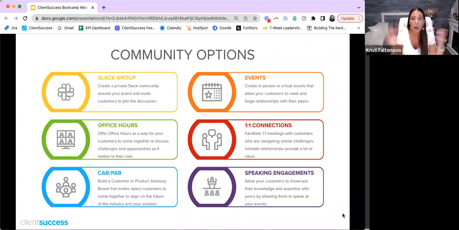Now, you can have one group that tackles both, or you can break them out. So really, it depends on the objectives that you have. But either way, creating an advisory board can help you facilitate conversations with like-minded individuals who are passionate and excited about the space that they're in. Obviously, as a brand and a business, there is a ton of value and upside to you if you leverage it effectively. But the relationships that you're facilitating in that environment really do go a long way.